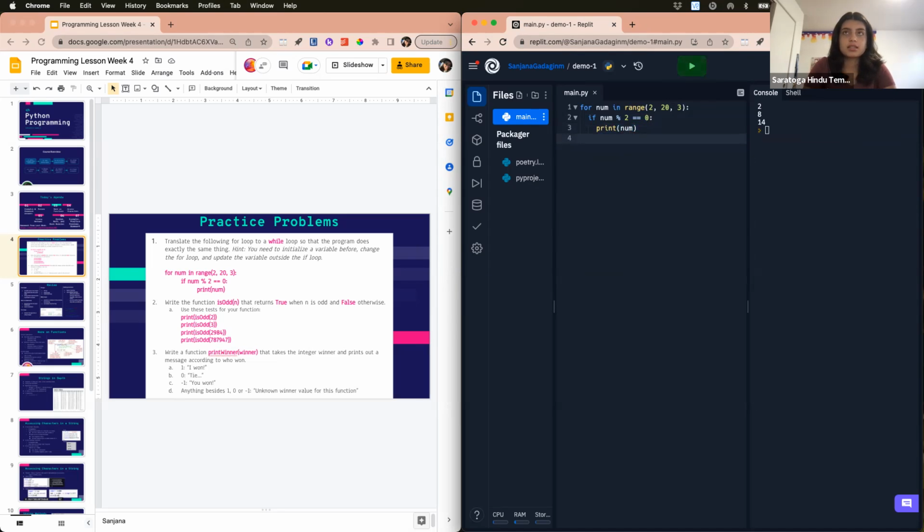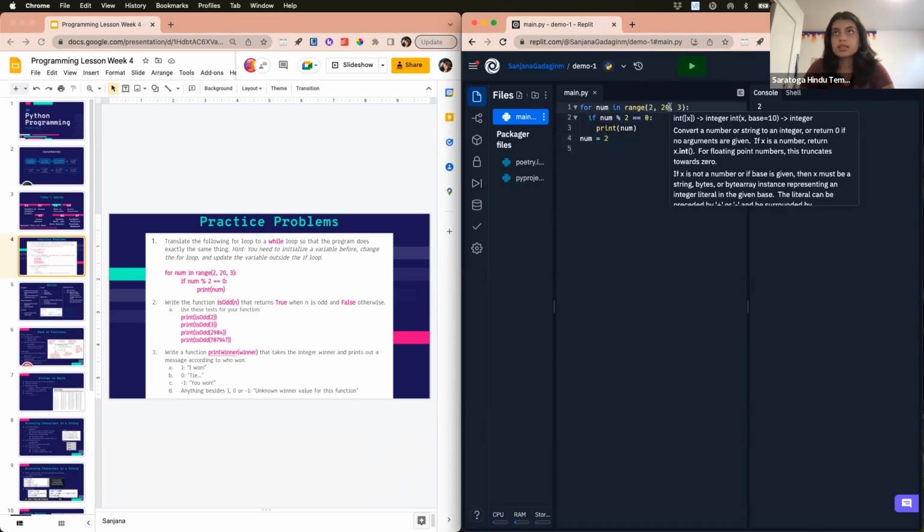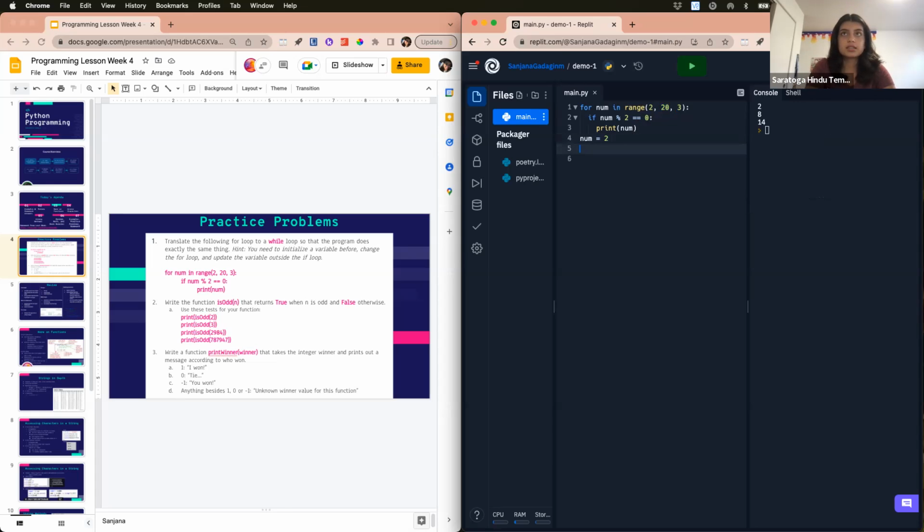So in this case, we have to first initialize a variable before, and that variable is our num variable again. So we're going to say num is equal to, and the starting value in this case is 2 since the range starts at 2. So we'll just say num is equal to 2. And then for our while loop, it has to keep going until a certain condition is met. So in this case, the for loop keeps going until it reaches the number 20, and then it terminates. So our while loop would look like this. While num is less than 20, if num when divided by 2 has a remainder of 0,